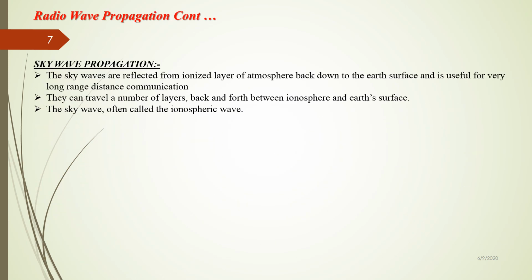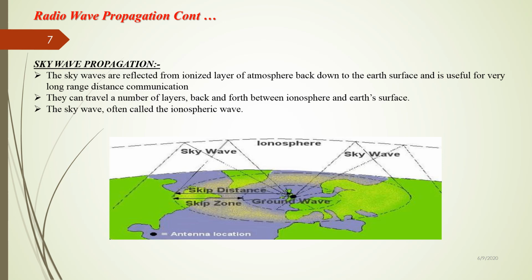Sky wave propagation is the propagation of an electromagnetic wave through the Earth's atmosphere. In sky wave propagation, the electromagnetic wave is reflected from the ionosphere, which has a high concentration of charged ions and free electrons, and it enables large-distance point to point communication, where the frequency range lies between 2 and 30 megahertz.